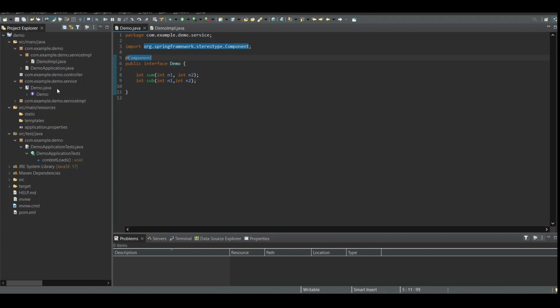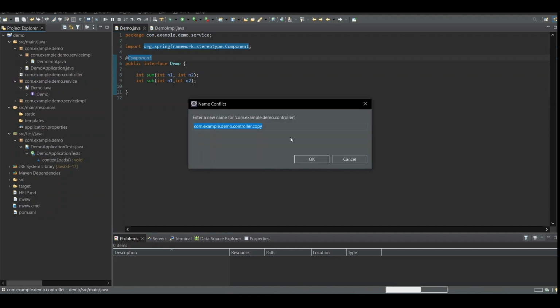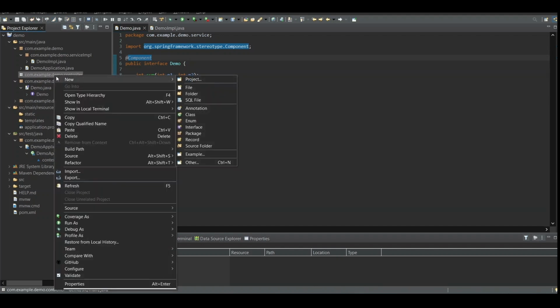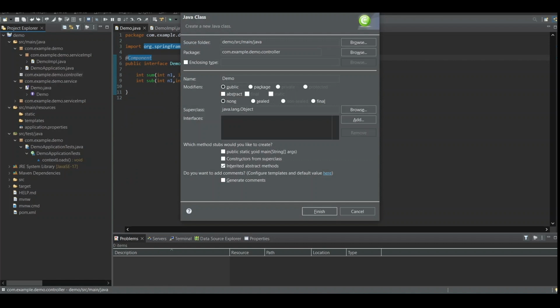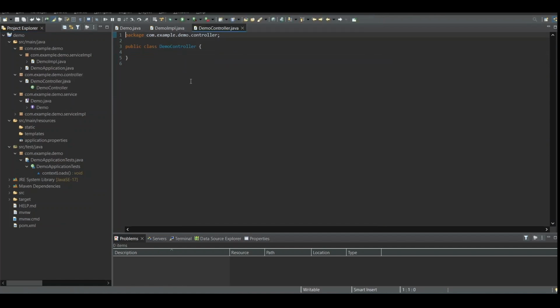That's why. Okay, now we will create a controller. Cancel it, and then create a new class, DemoController. We will annotate it with RestController, and we are using REST. Okay, we can use RequestMapping also, and here we can mention calculator,